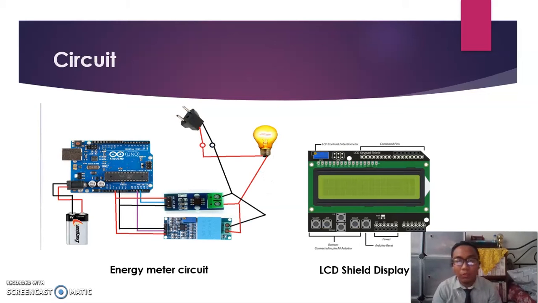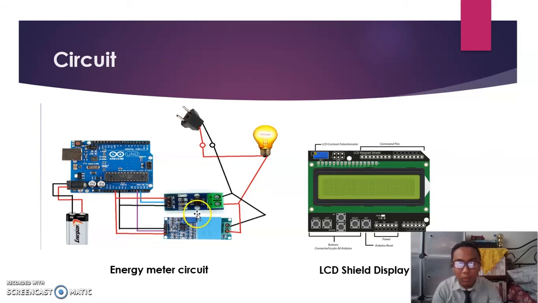This is the circuit for this project. This is the Arduino Uno, where all the coding command process will be installed, and this Arduino will control all the process that happen for the energy meter. This Arduino will be supplied by using 9 volt DC supply, or it also can be supplied by using 5 volt DC supply. And at the upper we can see that this is the ACS712 module that will be used to